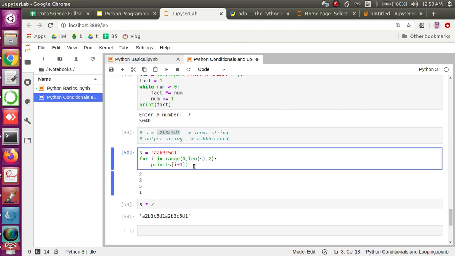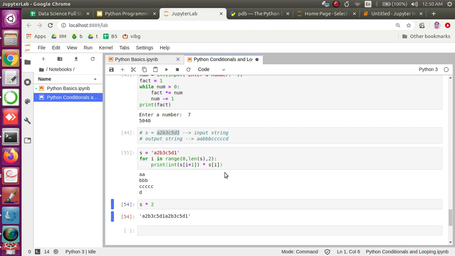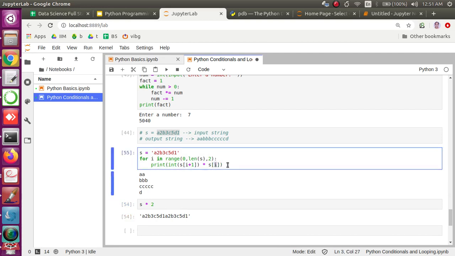So we can use this principle, and we can try to get the numbers, because we see that s of i plus 1 is nothing but the number, right? So I just want to convert this number into an integer. So here I get the integer number, and here if I try and put the value, that value is at index i, right? Because i plus 1 is the number. So every time I'm getting i plus 1 that value, the number, and the actual string is available, the character is available at the ith index.